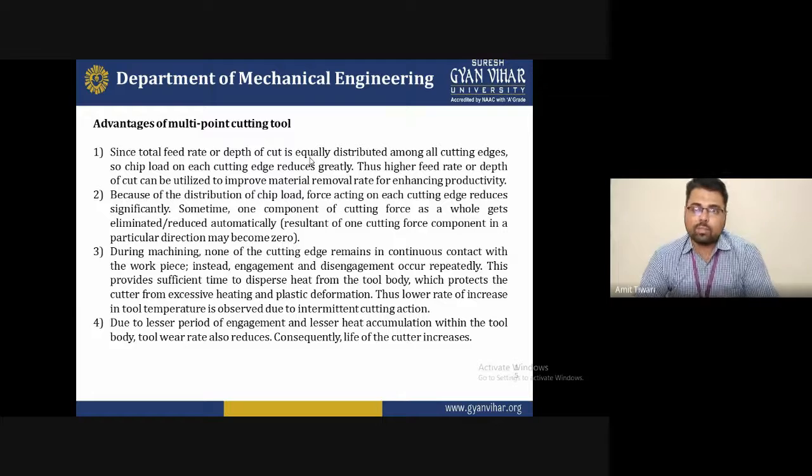Distribution on the tool is the most important, because generally during machining, if you change the cutting parameters, that is, increasing the spindle speed, decreasing the depth of cut, or increasing the feed rate, they depend on each other, and every factor is responsible for increasing or decreasing the surface roughness. Our objective is to decrease the surface roughness, or increase the quality of the surface finish.